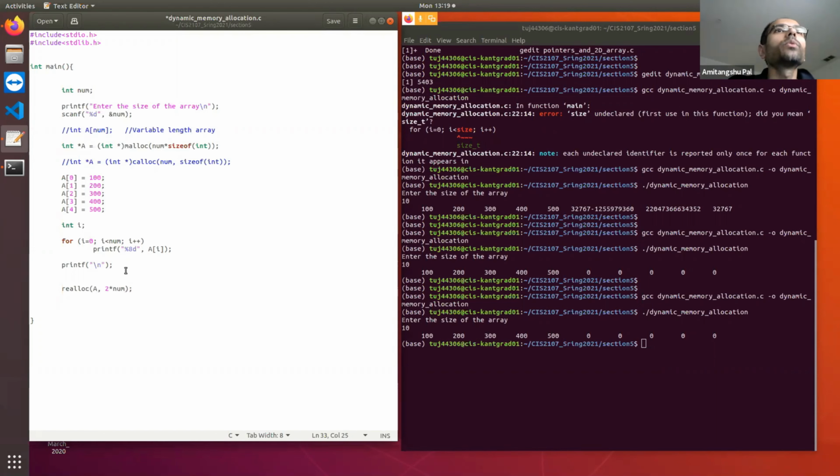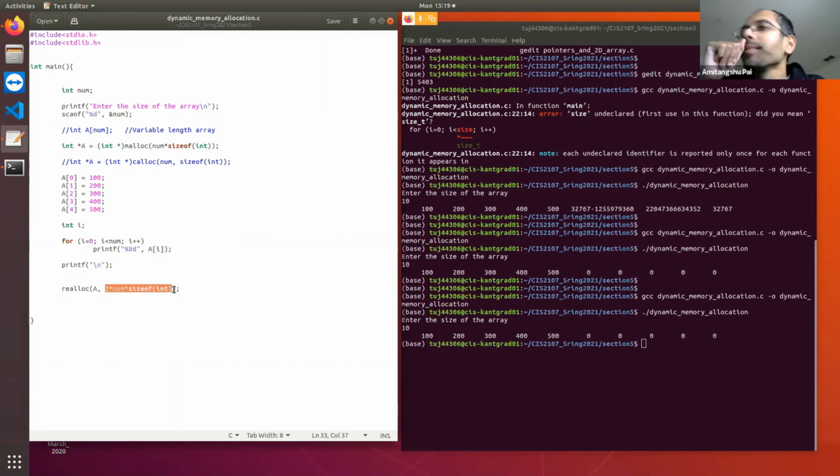If you want to make it 4 times, you can write 4 into num. So 2 into num into sizeof(int). This is the syntax of realloc. Clear? It will take 2 arguments: the pointer to the previous memory location and your new size.